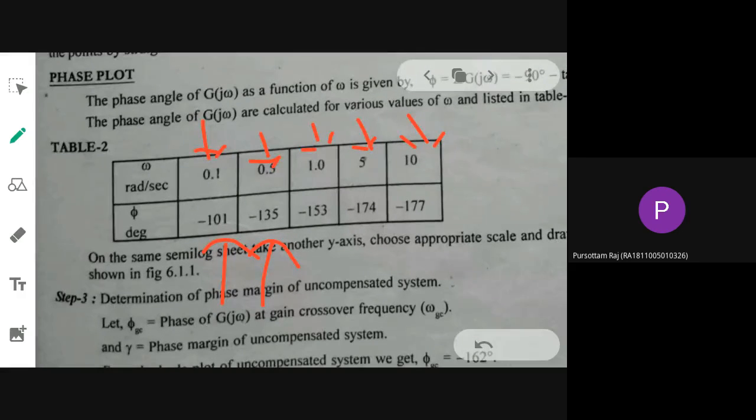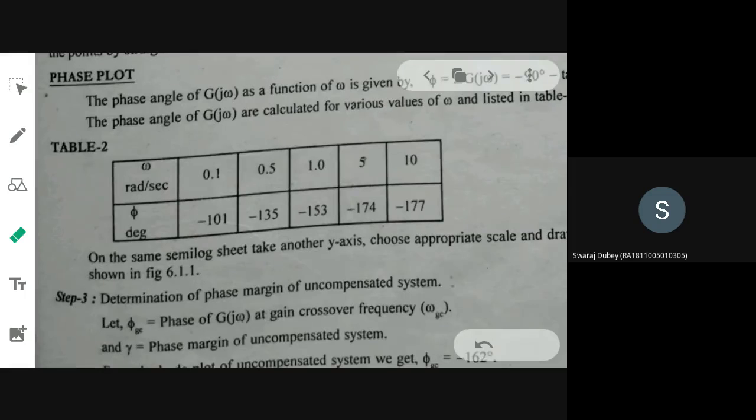Now all of you try the Bode plot and tell me what is the phase margin that you are having for the uncompensated system. Will you try, or shall I continue? Only if you do it and tell me the answer will it be easy. Suppose I go on rubbishing through it, then you will not understand anything. Will you try it out or shall I do it this time? It's your decision.